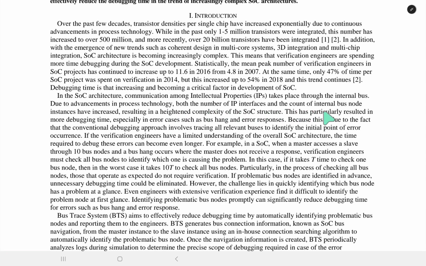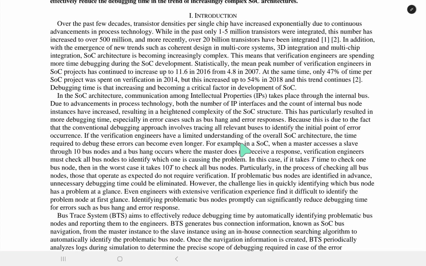This has particularly resulted in more debugging time, especially in error cases such as bus hang and error responses. This is due to the fact that a conventional debugging approach involves tracing all of the buses to identify the initial point of error occurrence. If verification engineers have limited understanding of the overall SoC architecture, the time required to debug these errors can become even